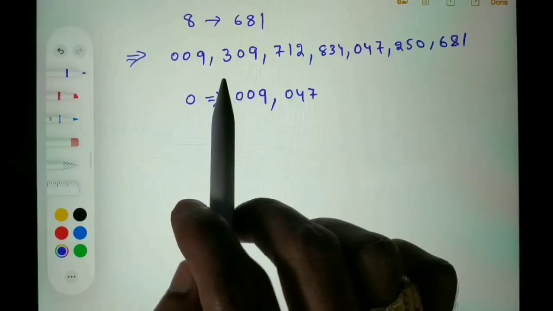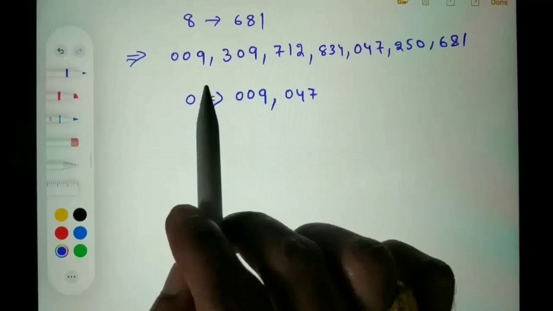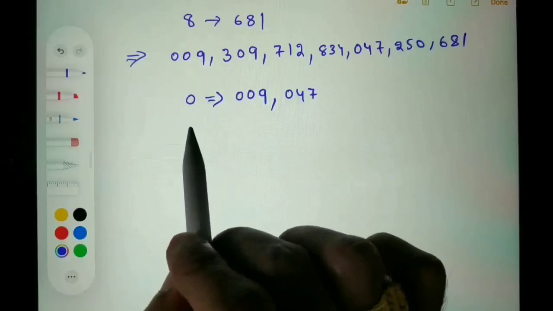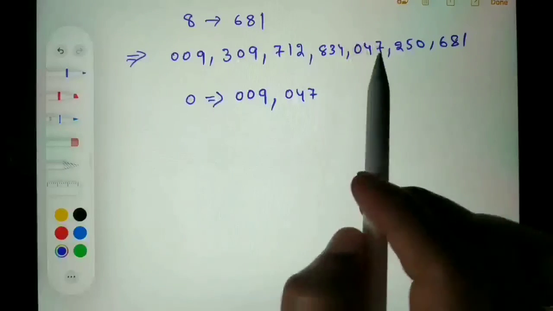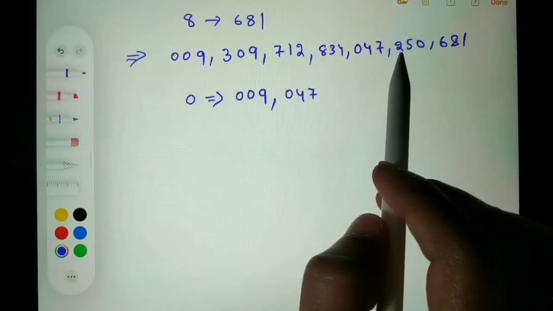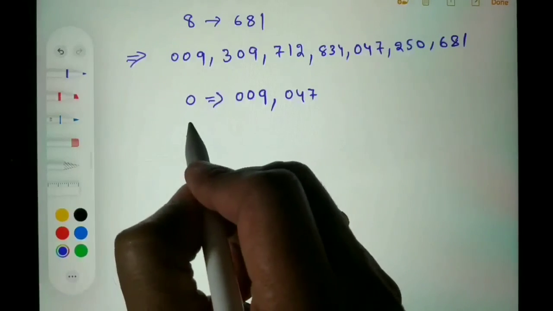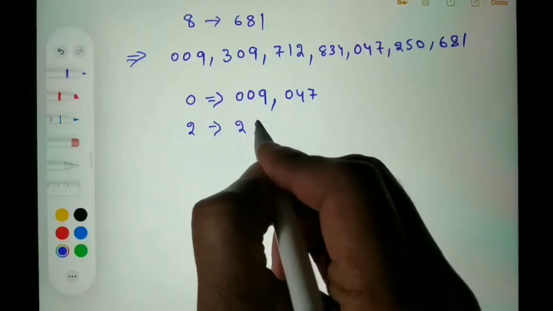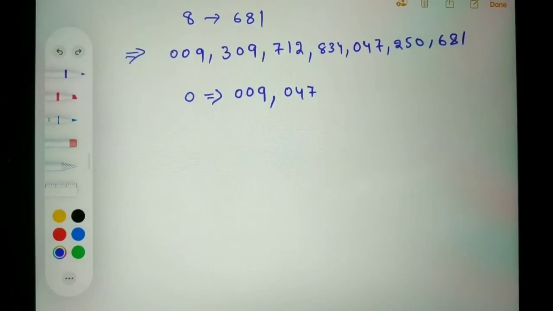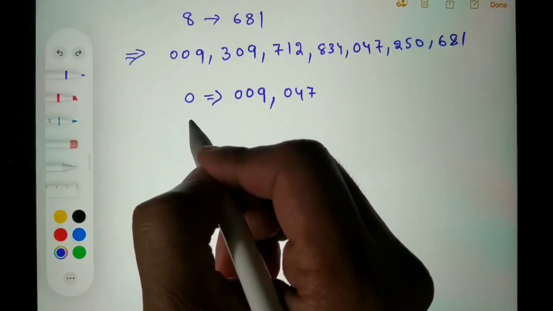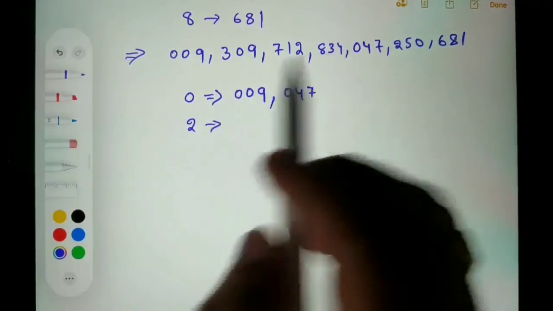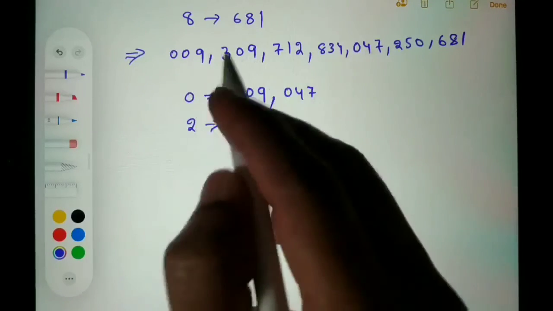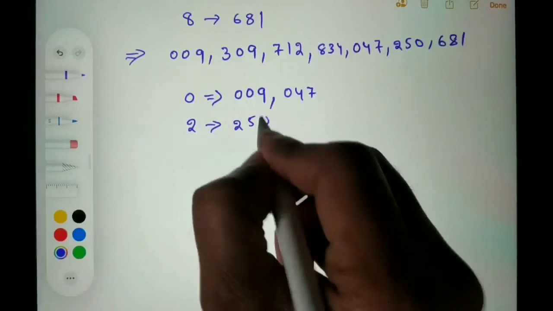I am moving on to the next digit, that is 2. We can see one element which has 2 as a third digit, that is 250.